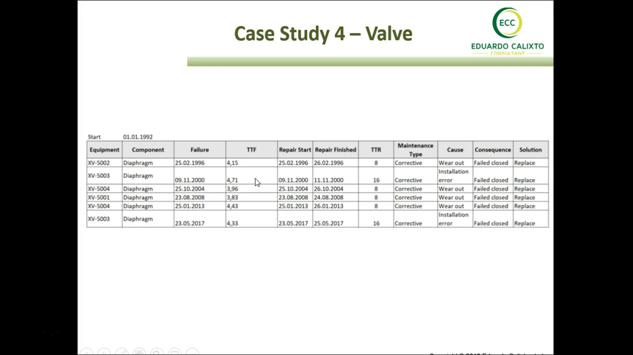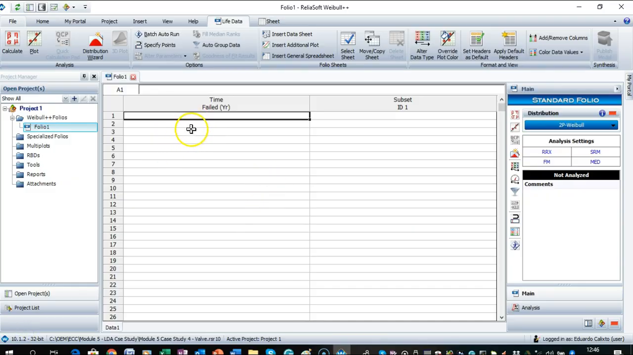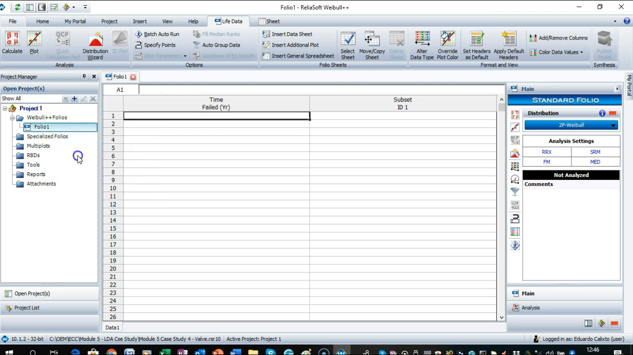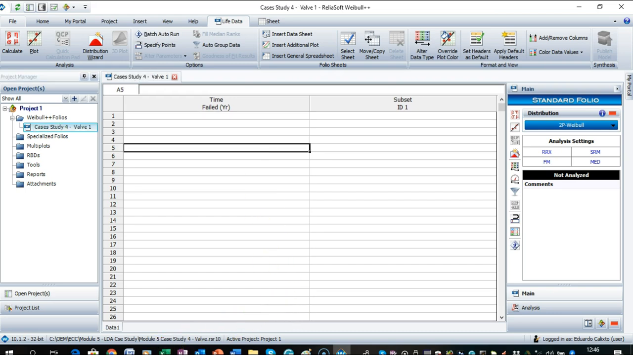So now let's move to the Weibull software and let's look at how it works. Since you already know how to open a file in the Weibull Plus software, we just put the template in here, and assign to rename. So let's put a case study for valve 1. And I put valve 1 because we got the data that we have, as we saw before,